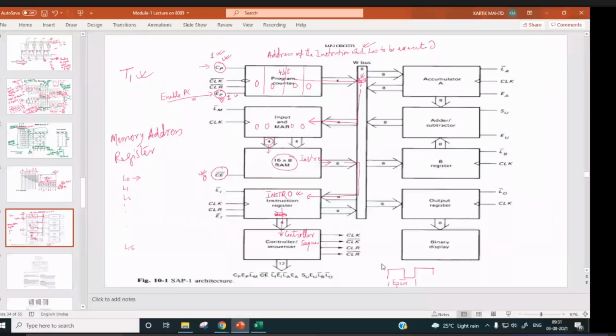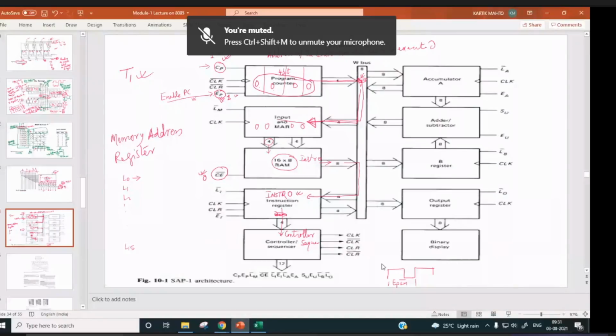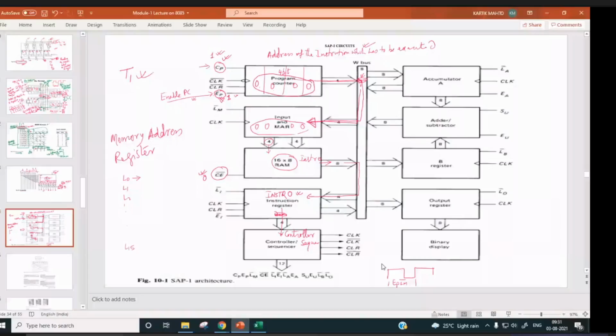So whatever address is inside the program counter will be put out and loaded to the memory address register. Now it will start decoding this address, and based on the address, a particular location will be selected. If CE bar is made low, then the instruction will come out and go to the instruction register.